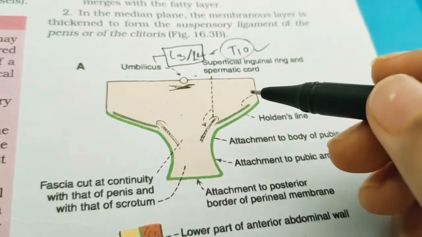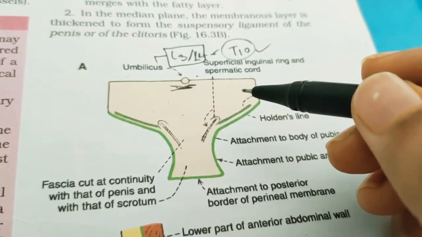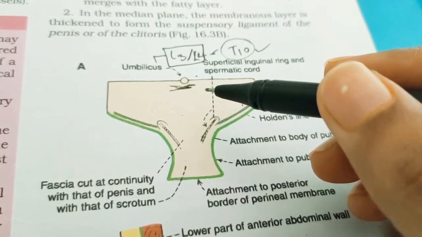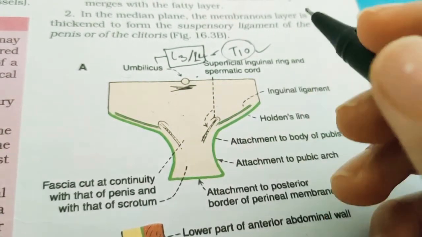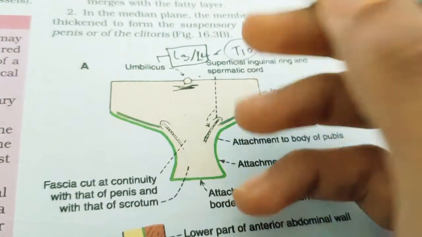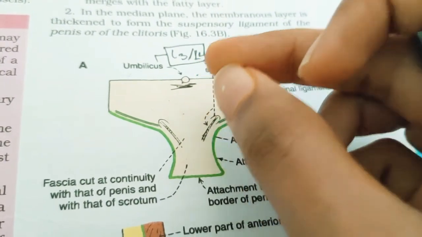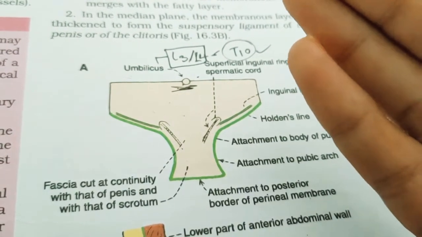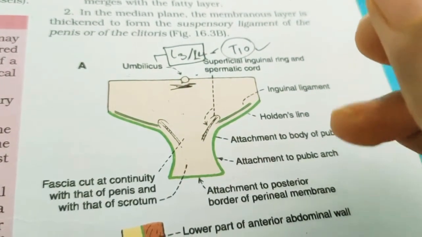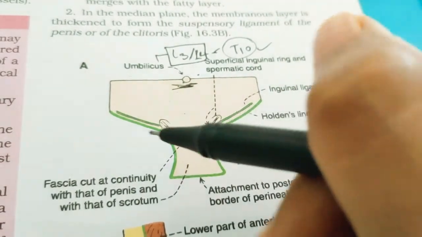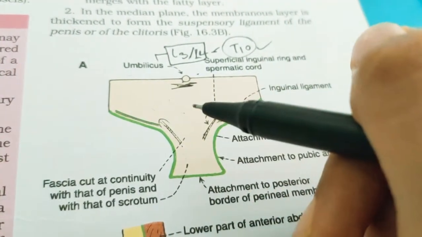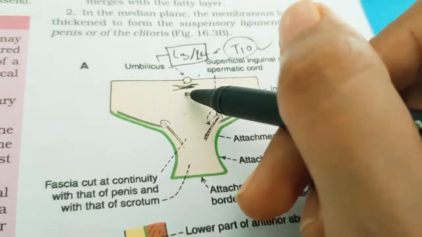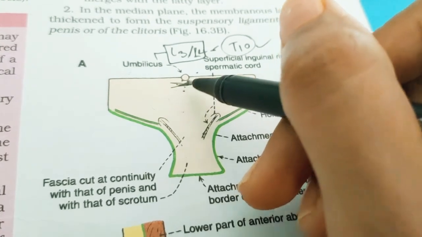Next, coming to the umbilicus, it is one of the important sites at which tributaries of the portal vein anastomose with systemic veins. So portocaval anastomosis also takes place here. Portocaval anastomosis means the tributaries of the portal vein anastomose with systemic veins. Portal vein means liver vein, and the liver vein will anastomose with systemic veins. Systemic veins means other general body veins. So general body veins and liver veins both will anastomose at this umbilicus site. That is called portocaval anastomosis.